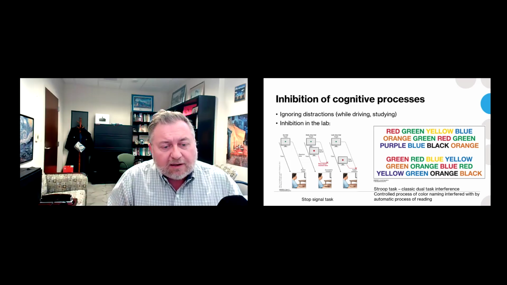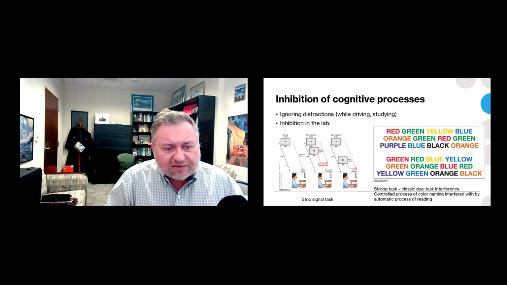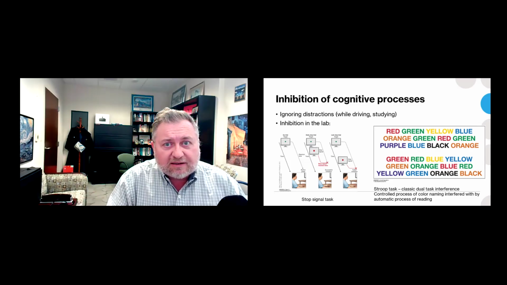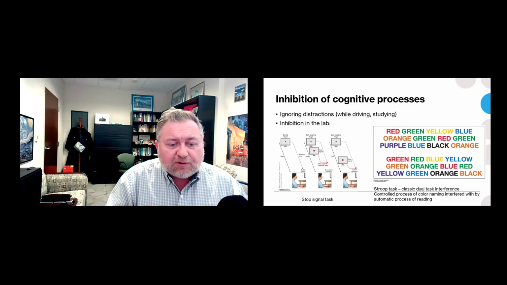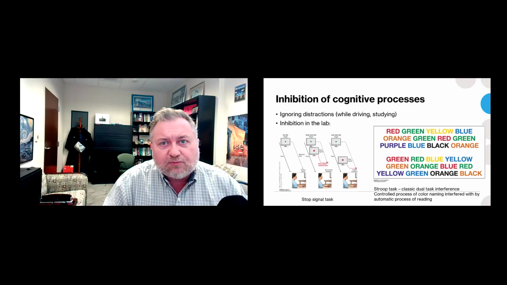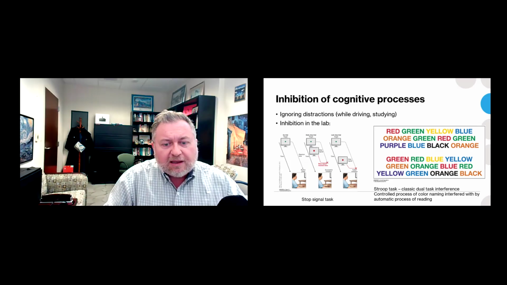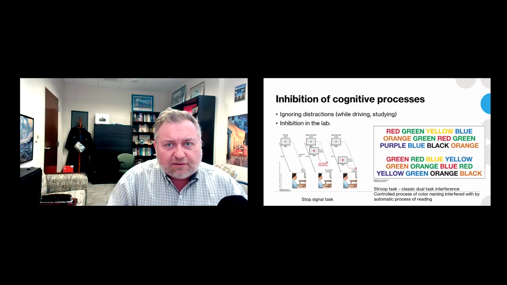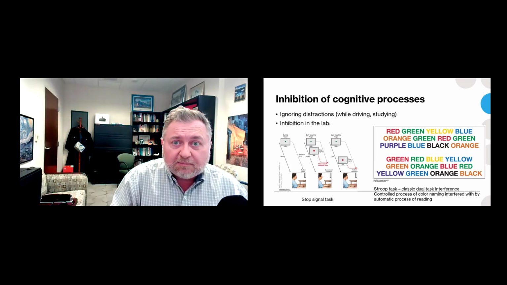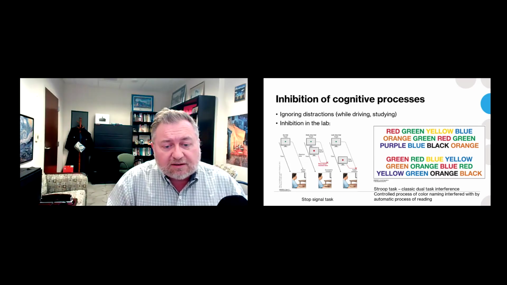And I'm not going to press the button. And what we see is that when the red dot appears early in the reaction time, like only 100 milliseconds in out of the 500, people are successful at inhibiting that reaction. But if we wait a little while, now let's wait till 400 milliseconds, right? And when it occurs late in the trial, that's when people will fail to inhibit themselves, right? So what we're seeing here is that inhibition takes time. It requires a little bit of extra processing and cognitive control, and that's going to take time.